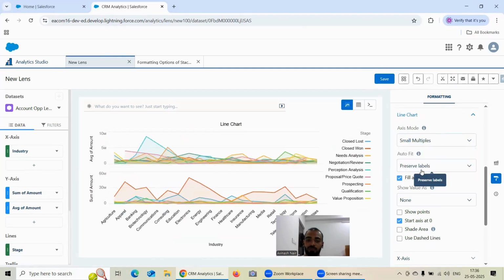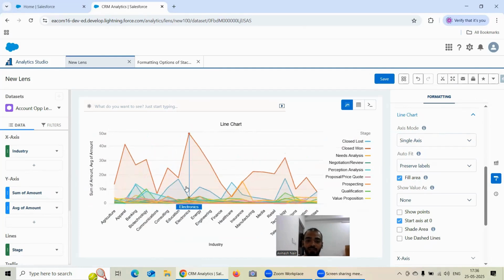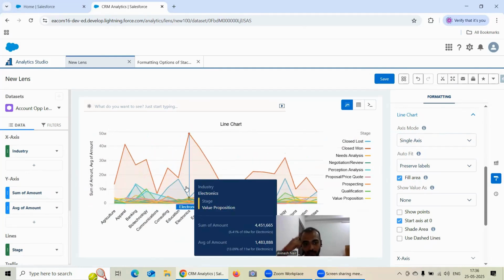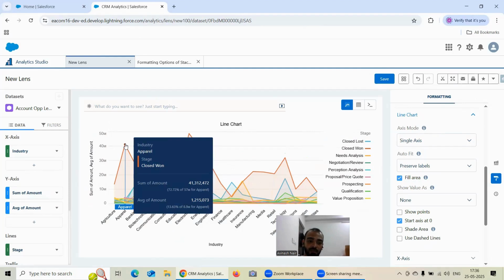You can go for small multiples, where you have the sum of amount as well as the average of amount, as you can see here. On the bottom you have the sum of amount, and on the top you have the average of amount. This is the meaning of axis mode small multiples, where it's classified into small multiples. I have taken only two. If you want a single axis, in one axis only, it will show you everything, the sum of amount as well as the average amount. If I hover over here, it shows me the sum of amount as 41 million and the average of amount as